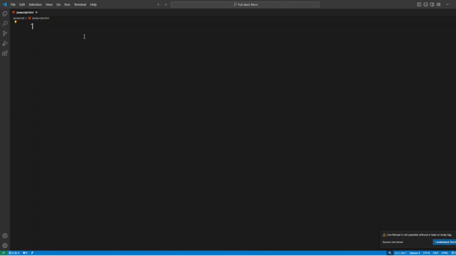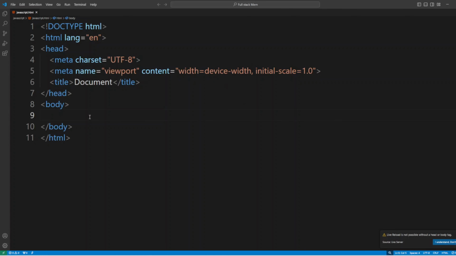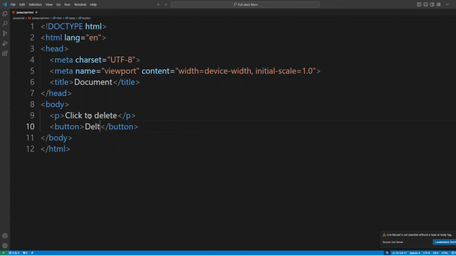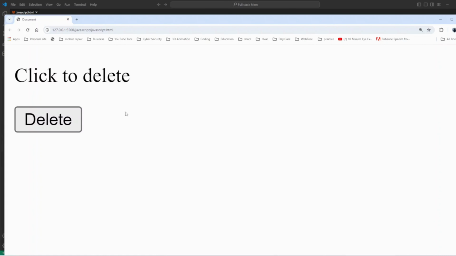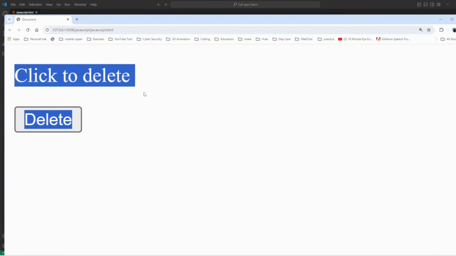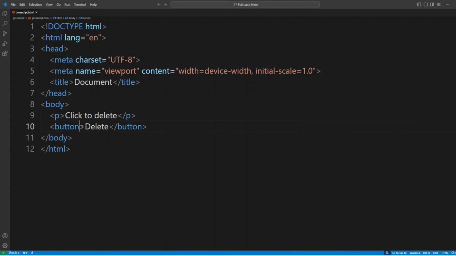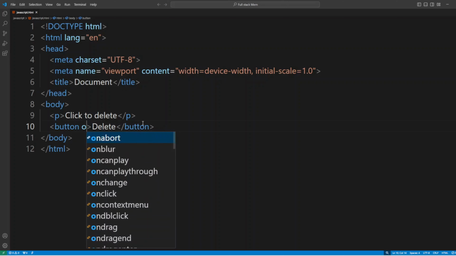Open your VS Code and set up your basic HTML. Let's take a paragraph and write "click to delete", and we take a button and give it the label delete. Let's see it in our browser, refresh. When I click on this delete button, I want to show some output. So how can you do that? You have to create an event for when the button is clicked. So you give an event name, onclick,